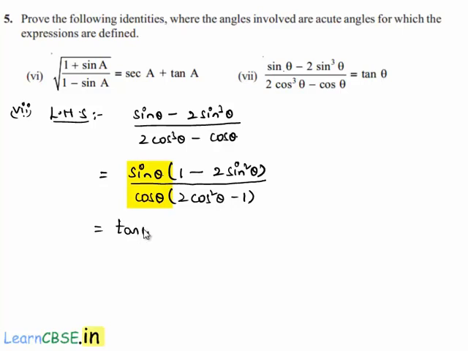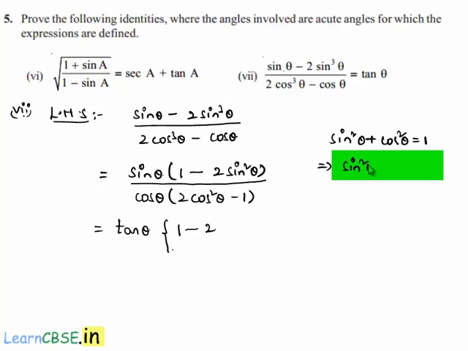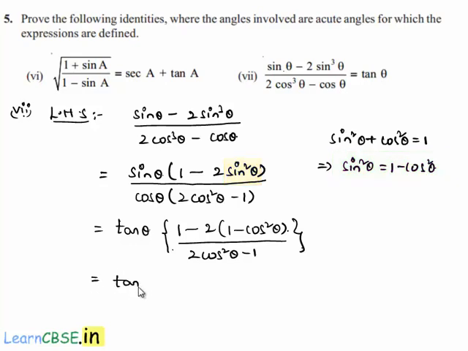then it is nothing but tan theta into 1 minus 2 into, here we have an identity that sin square theta plus cos square theta is equal to 1, which implies sin square theta is equal to 1 minus cos square theta. Let us substitute it here, then we get 2 times 1 minus cos square theta divided by 2 cos square theta minus 1, which is equal to tan theta into 1 minus 2 times 1 is 2 and minus 2 times cos square theta is plus 2 cos square theta